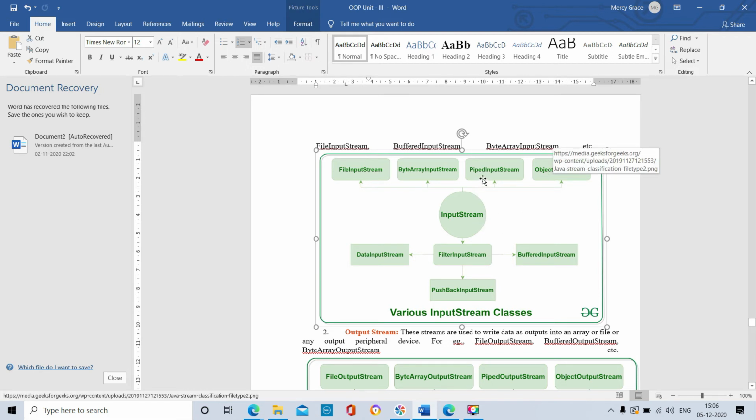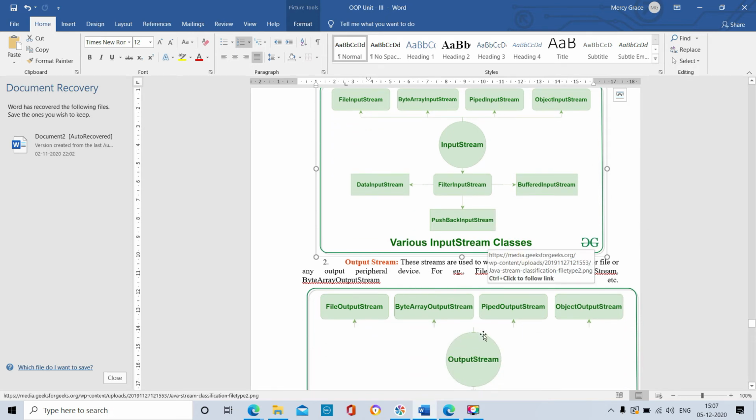The piped stream is used to store the input in piped format. Then there are DataInputStream, FilterInputStream, BufferedInputStream, and the PushbackInputStream under the filter. So these are the various input streams used to get the input.